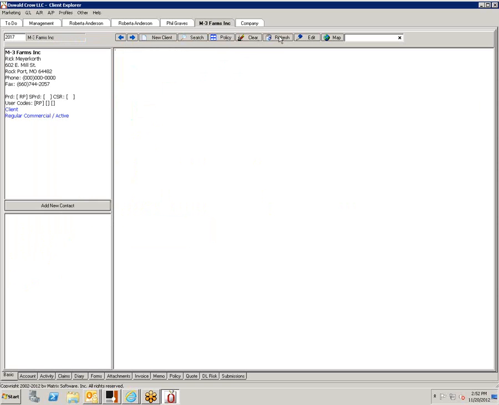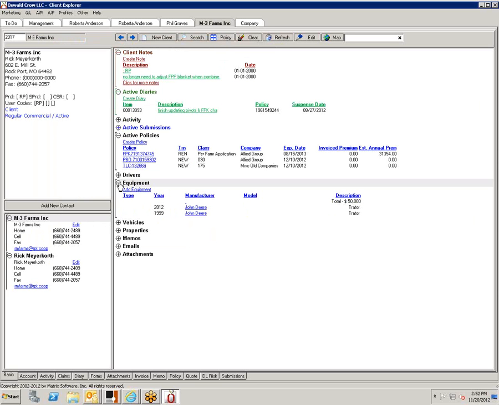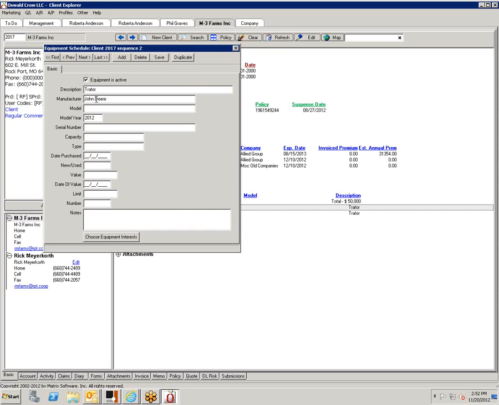Let's say that he sold a piece of equipment. So you would just come in here and you would say this was deleted. Something like that. And you could mark it inactive. Okay. Or you could leave it active and just have your note in there.